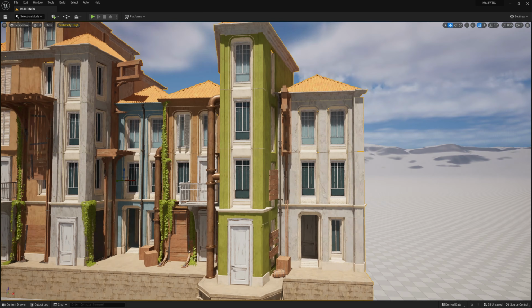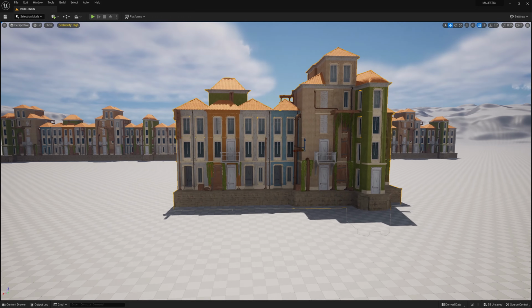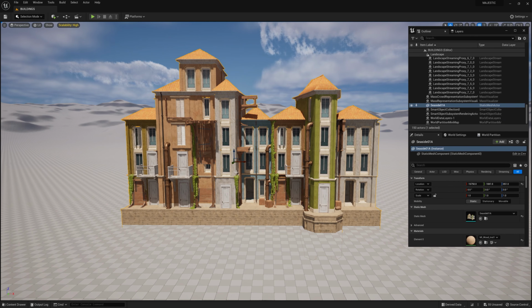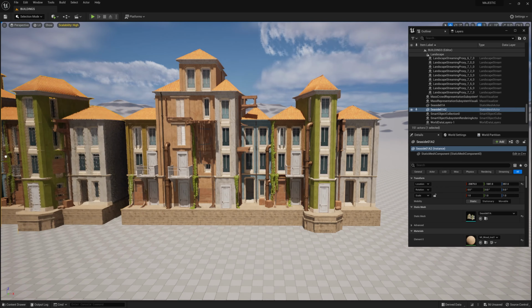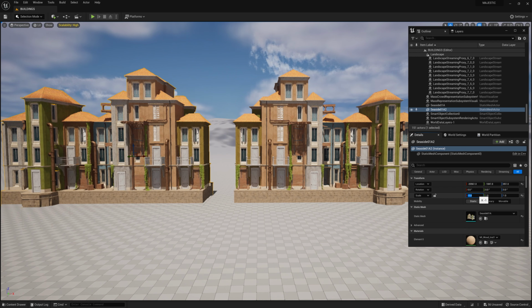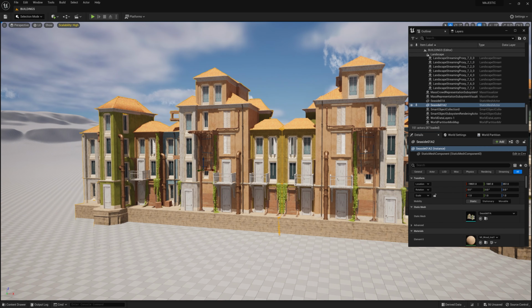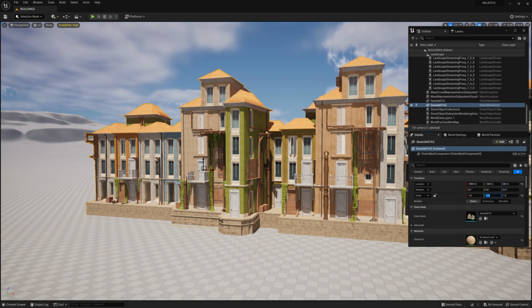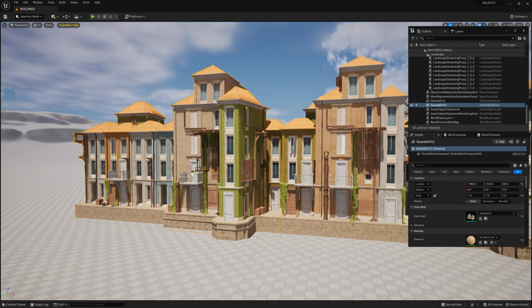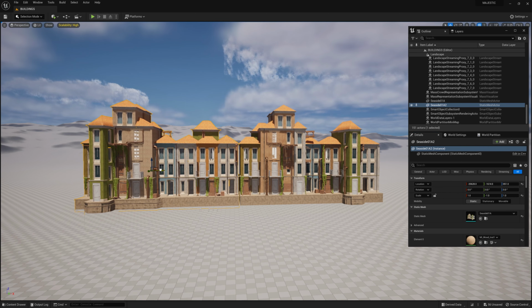The benefit of creating a mega assembly such as this is it allows me to efficiently create a large city very quickly. I can have some variation by changing the scale on the X and Y axis. If I make these a negative value, I can flip the whole assembly around to generate a little bit of variance. This won't be the only building assembly, and there's a bit of work that needs to be done here